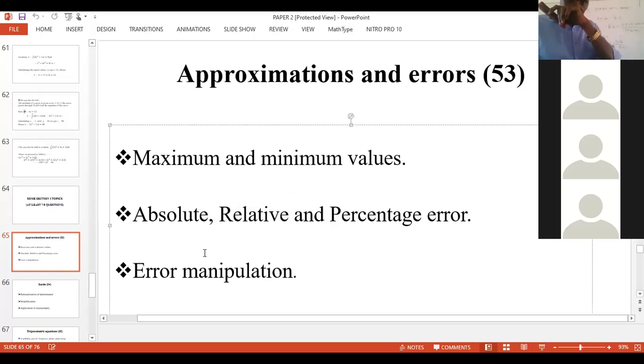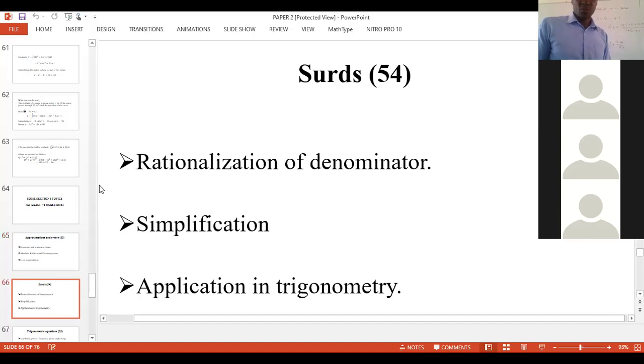That will be okay. Let's go to the next case, that is surds. We need to know how to rationalize surds as indicated there. Rationalizing surds simply means you remove the root signs from the denominator. And once you do that, you will be good to go. So rationalize the denominator, simplify surds, application of surds in trigonometry. So you must know the special angles, which we can write their values without using